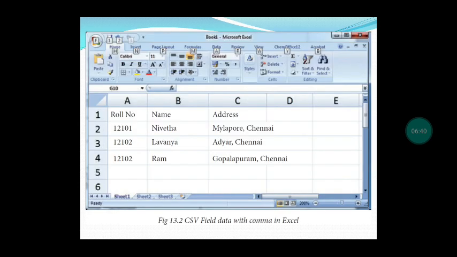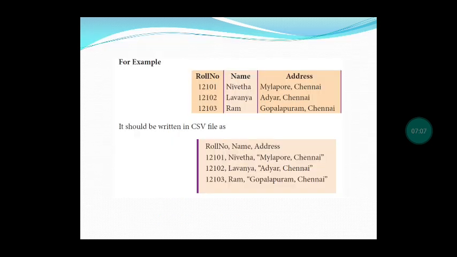Let us see that. Here Microsoft Excel has been opened, where these data can be stored in a CSV file and Notepad. Here roll number came in a separate cell and name came in a separate cell, and address in the same cell, Mylapore, Chennai is there, but it is extended. If you don't want it to extend, it should come on a new line. You can use a different approach.